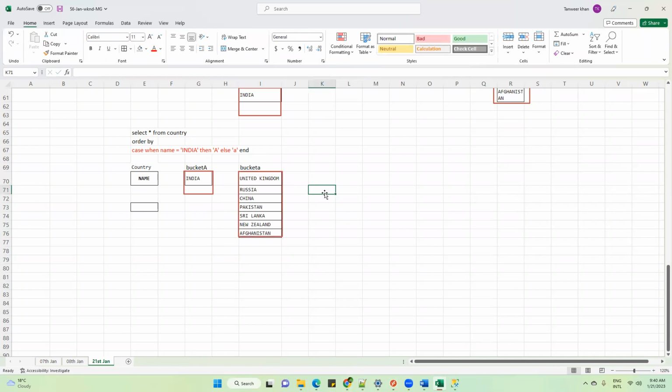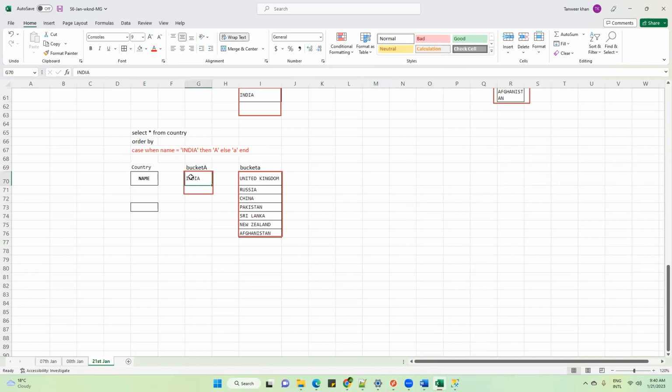So far, any question? Nothing new. This is exactly what we have studied so far, correct? Now here, what is the order? Is it ascending order or descending order? Ascending order. Are you sorting data or buckets here?